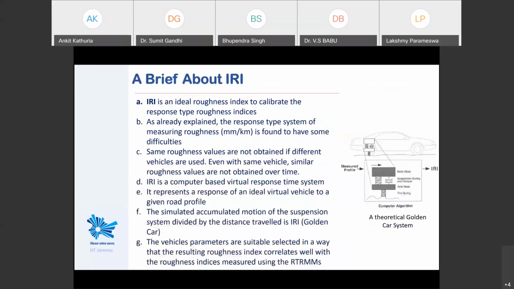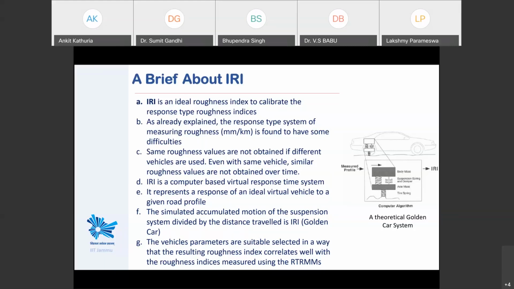So since I have introduced IRI in the previous slide, I'll give a brief overview of what IRI is. IRI is the International Roughness Index, which is internationally accepted. As explained earlier, the roughness value estimated using response type systems has some difficulties. Supposing the roughness of a particular road profile is estimated on day X,